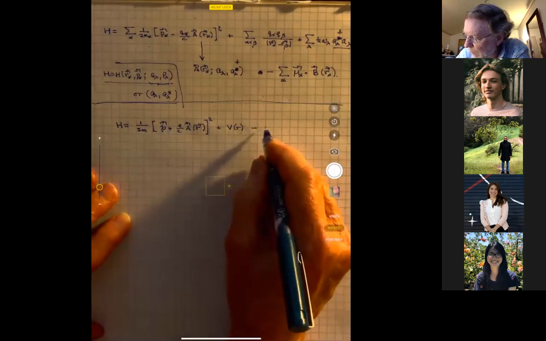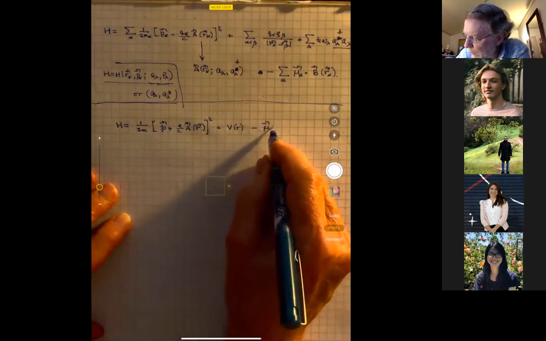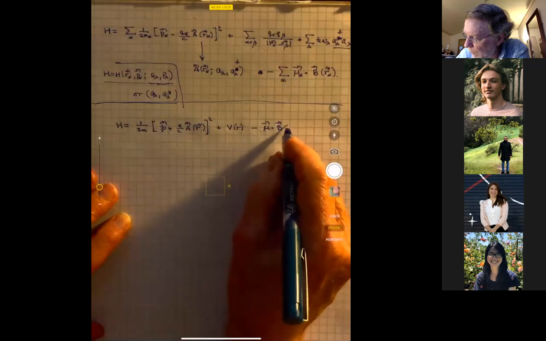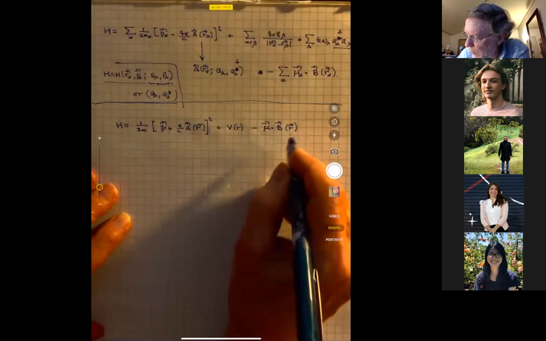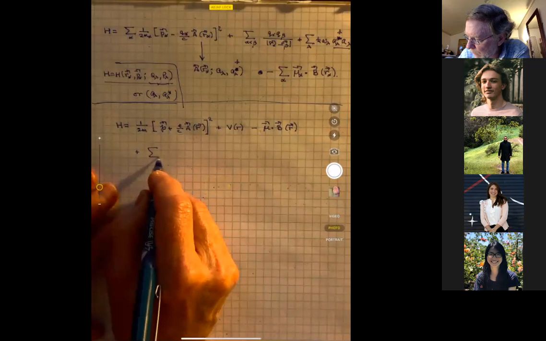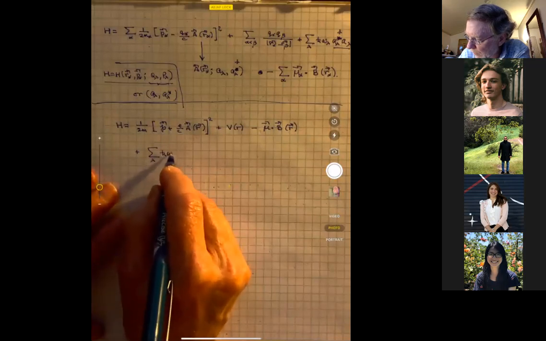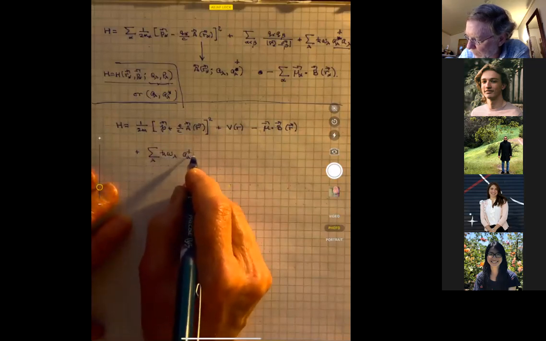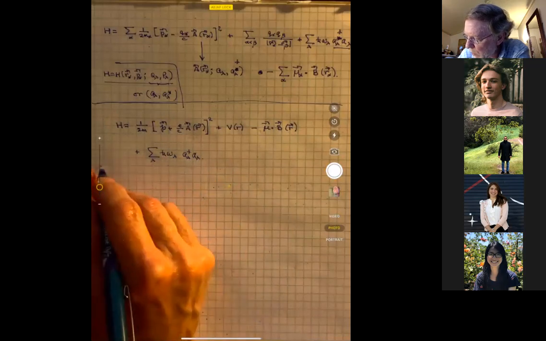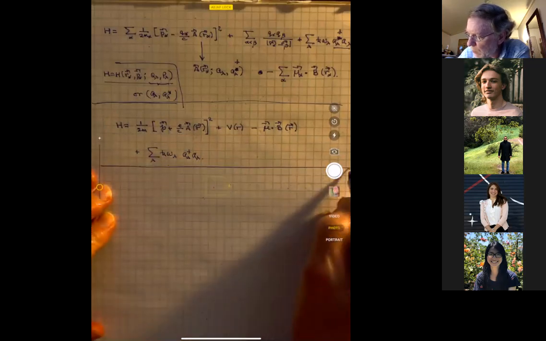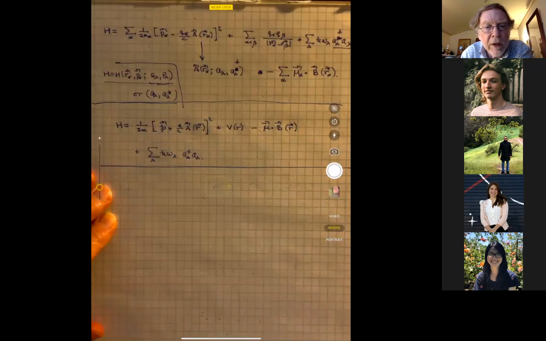Then we have minus the magnetic moment dotted into the magnetic field B, which is a function of the electron position R. And then we've got the free field Hamiltonian, the sum over lambda of h bar omega lambda times A lambda dagger A lambda, like so. So this is the Hamiltonian we'll use for studying the interaction of the electromagnetic field with our single